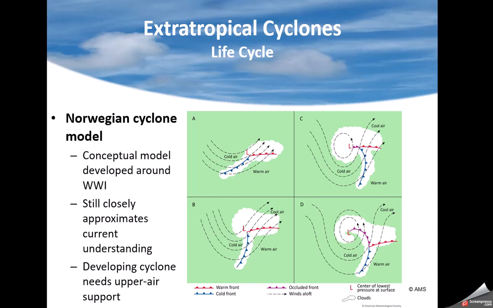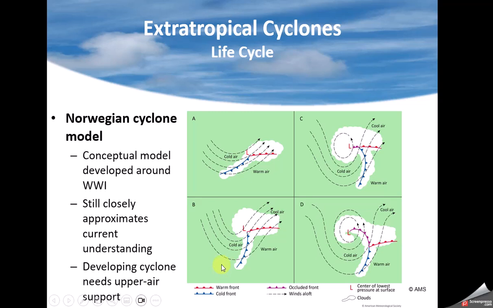Back in World War I, they conceptualized what an extratropical low pressure system should look like, and this concept still holds today. Initial low pressure develops along a front. Think about it. The low is developing, so you get counterclockwise winds. So you're pulling cold air down to the west side and the south of it, and you're pulling warm air up. You're actually increasing the temperature gradient as you're pulling these closer together. And as it gets stronger, you do more of that.